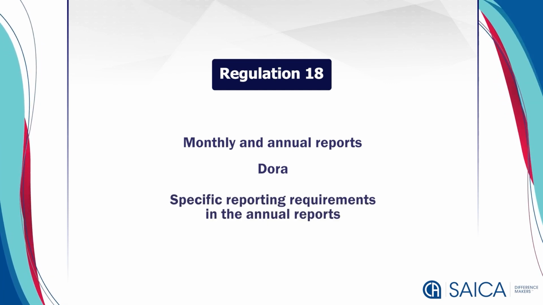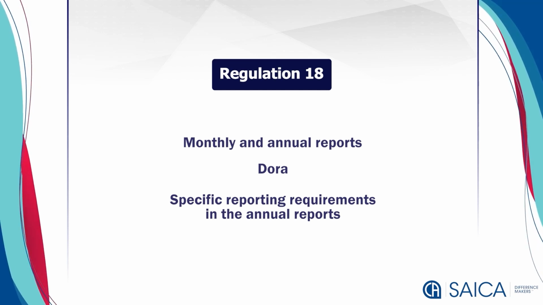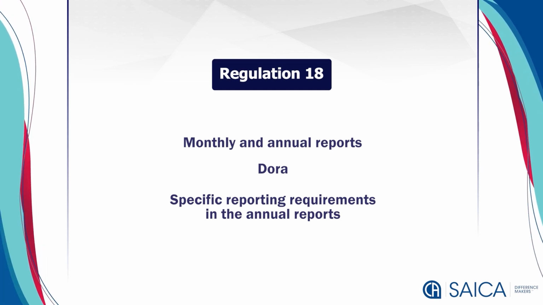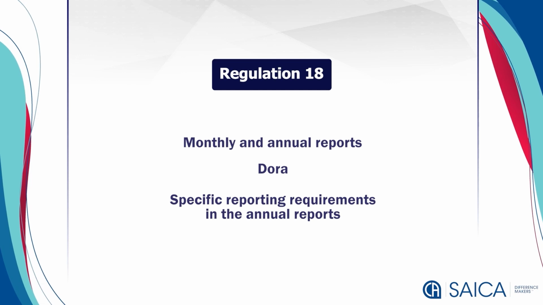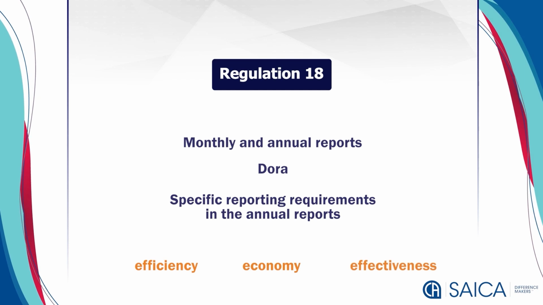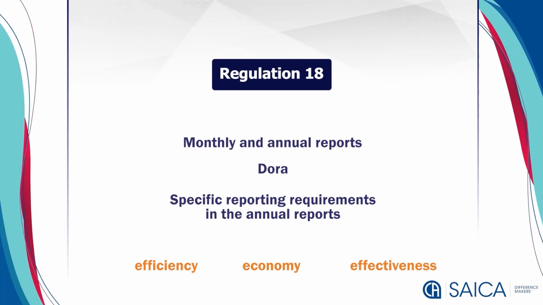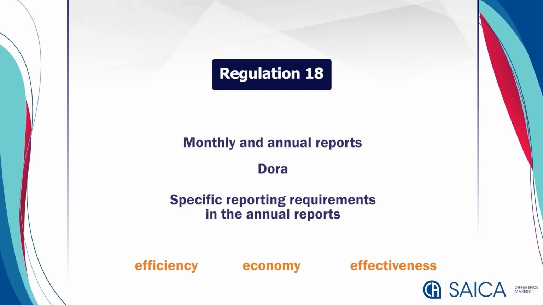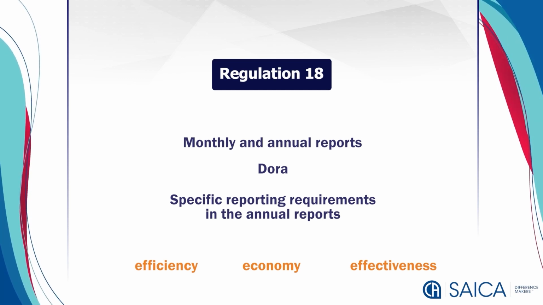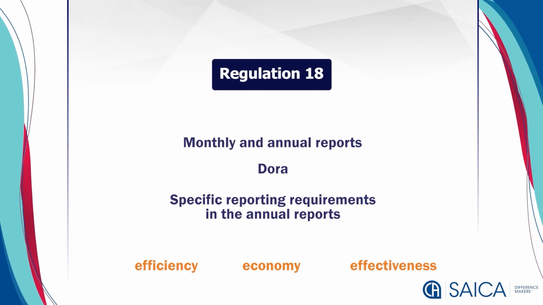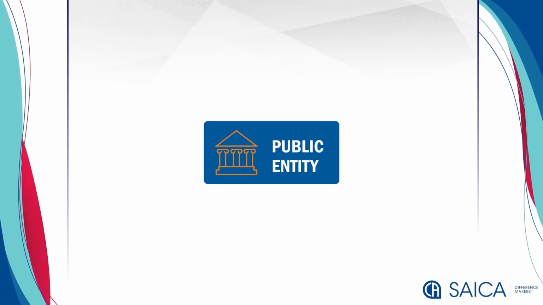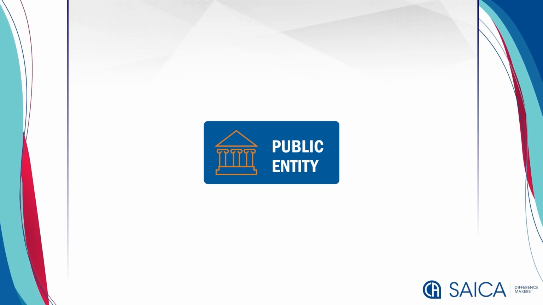Specific reporting requirements are outlined with regards to the contents of annual reports over and above the reporting requirements of the respective financial reporting accounting frameworks. Some of the items required to be reported are information about the institution's efficiency, economy, and effectiveness in delivering programs and achieving its objectives set out in their strategic plan. A report from the audit committee is also required. The department's annual report must also include a list of trading and/or public entities controlled by or reporting to the department. Part 9 of these Treasury Regulations deals with public entities.